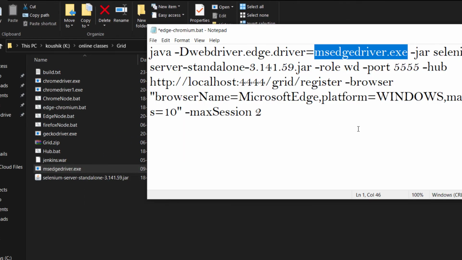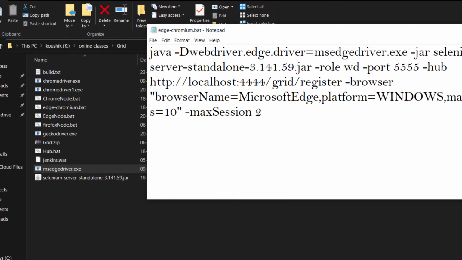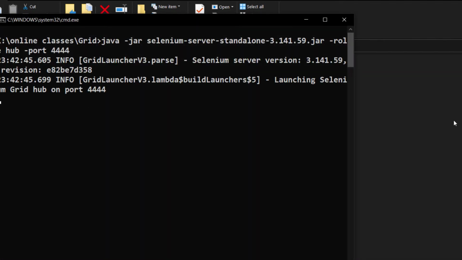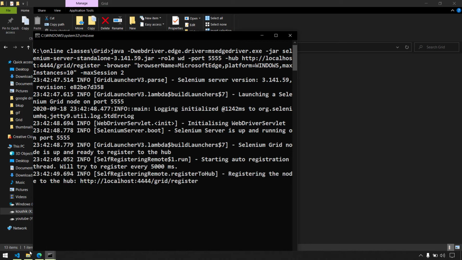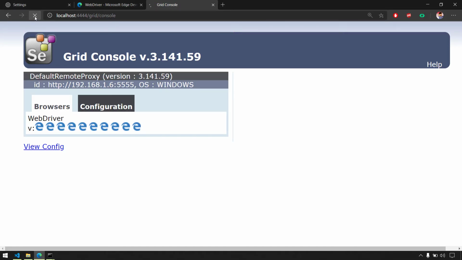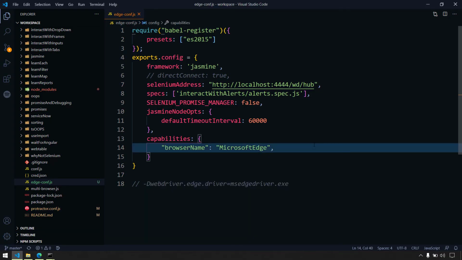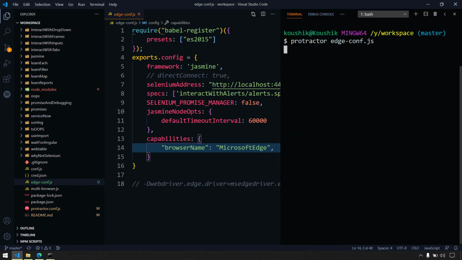So that's it. Now just save this, and of course start your hub, followed by your Edge Chromium bat file, and let's confirm it's working. Okay, so the browser is there, of course it's working. Now let's go back and try to execute the same thing, and it should work fine now.